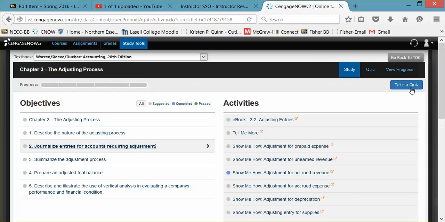Again, this is purely for your benefit. It's nothing that I look at. But if you take this quiz, it's a multiple choice quiz. And at the end, the system will give you a grade per learning objective. And it will also give you a personalized study plan. It gives you suggestions of things that you might want to look at, things like Show Me How videos or certain text sections in the textbook that you might want to reread